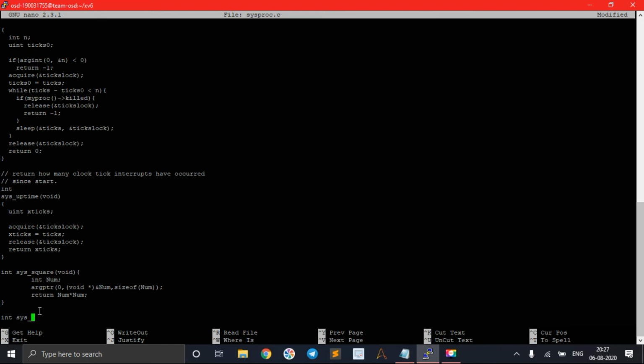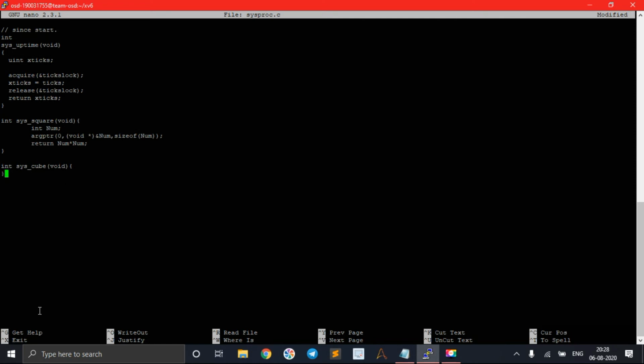int sys_cube of void. I am defining a variable named num1. I am giving an argument pointer, argptr of 0,